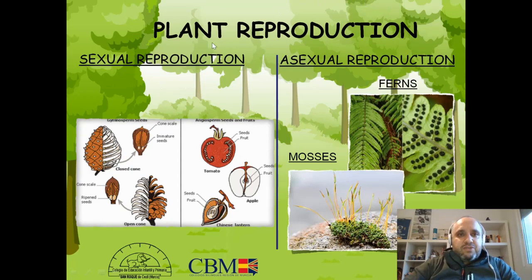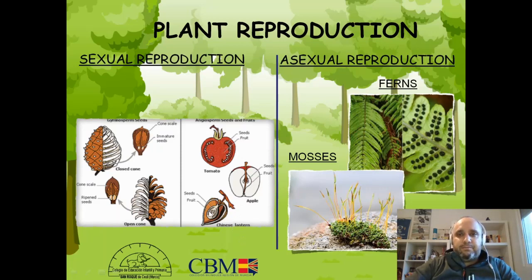So, talking about sexual reproduction, here you can see the cone. When the cone is closed, the seeds are inside and they are immature seeds. Then the seeds become mature, the cone opens, and the seeds fall. And here with fruits, angiosperms have the seeds inside the fruit, and when the fruit falls to the floor, the seeds